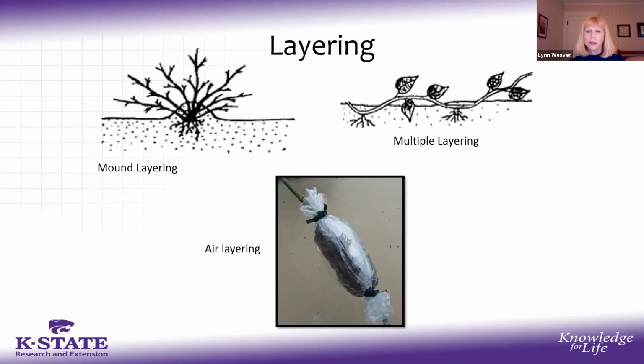You want to check this little bundle about once a week. Make sure it stays moist. If it looks dry, open that top twist tie and pour in a little water and tighten it up again. In 2 to 3 months, you should be able to see roots through that plastic. So at that point, you can support the stem and cut off below the lower end, unwrap the plastic, and pot up your new plant.